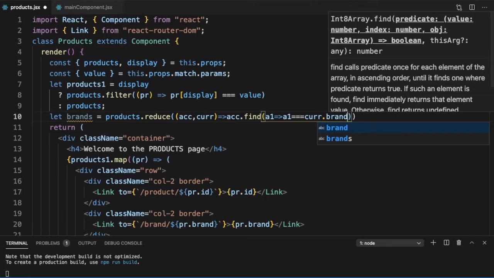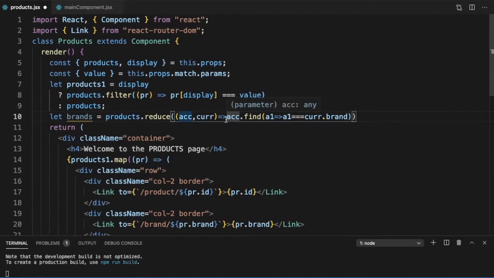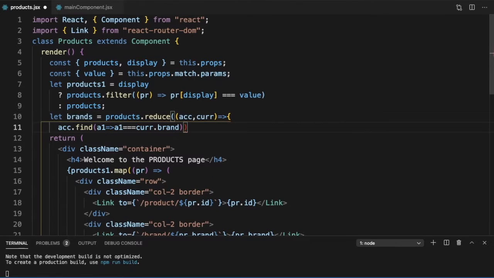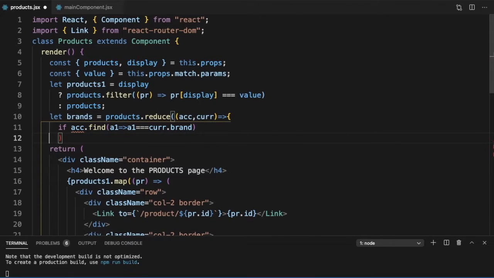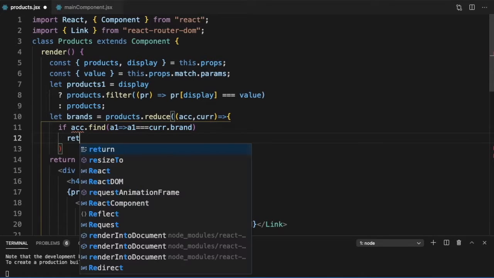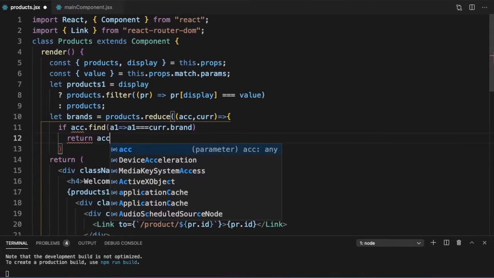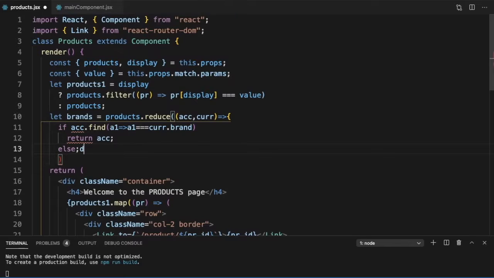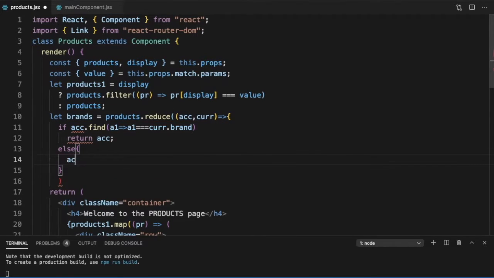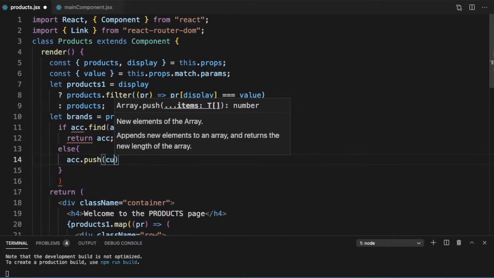Now if this is true, so if this is truthy, let me first write it using if. If this is truthy, then what do we need to do? Then we will just return ACC. Else what should we do? We can just say ACC.push cur.brand.